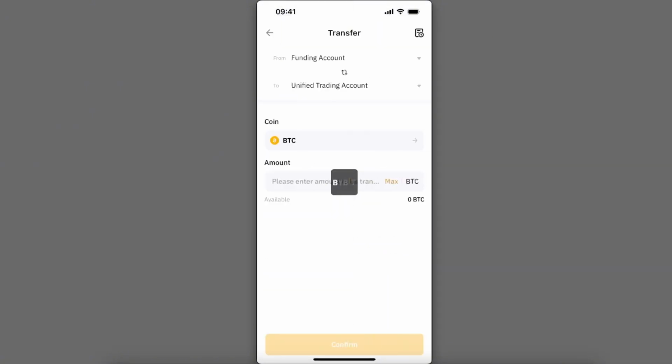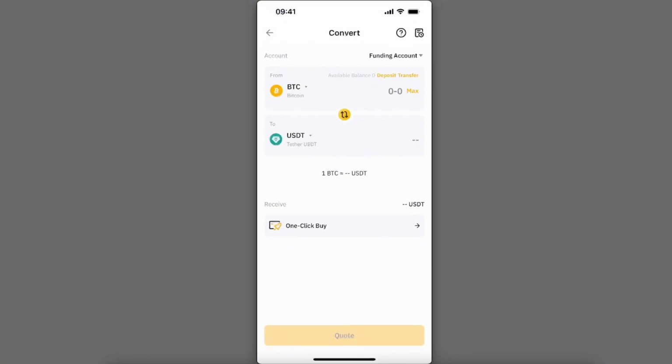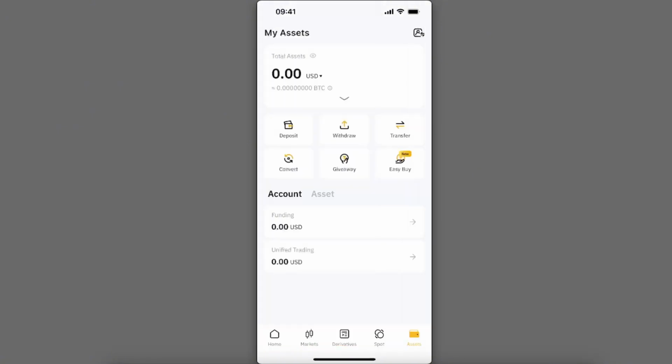Transfer, this is for transferring your currency from funding account to unified trading account, and also again convert option. So that's pretty much it about